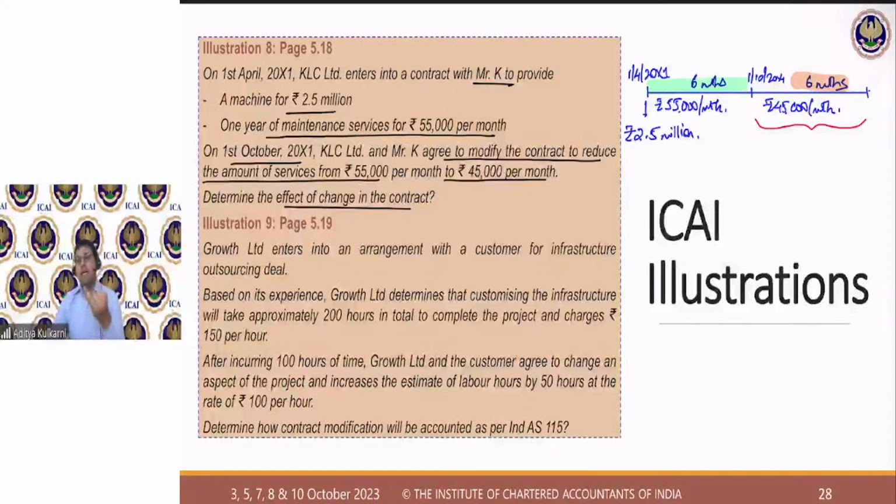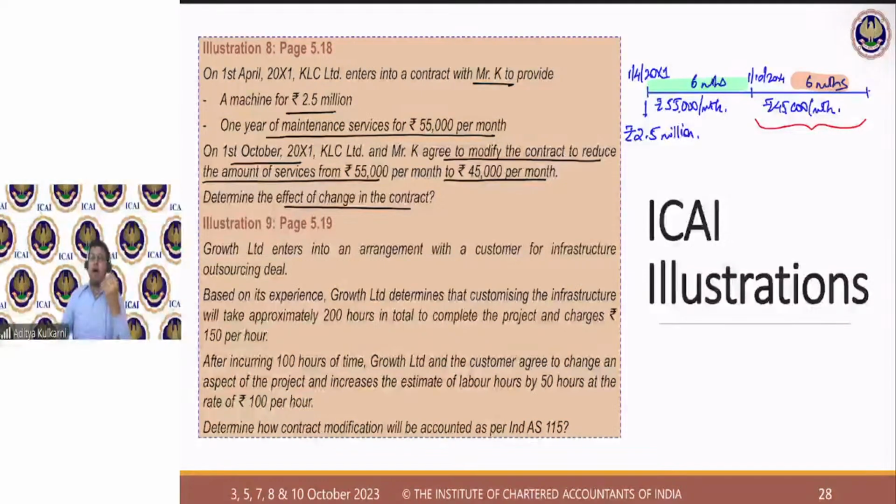Second one, are these services customization or modification? Answer is no, they are not. And then the third question that you are going to ask is, are these services a part of a single integration activity? Answer is no, it's not. It is regular maintenance services. It's not part of a single integration activity.